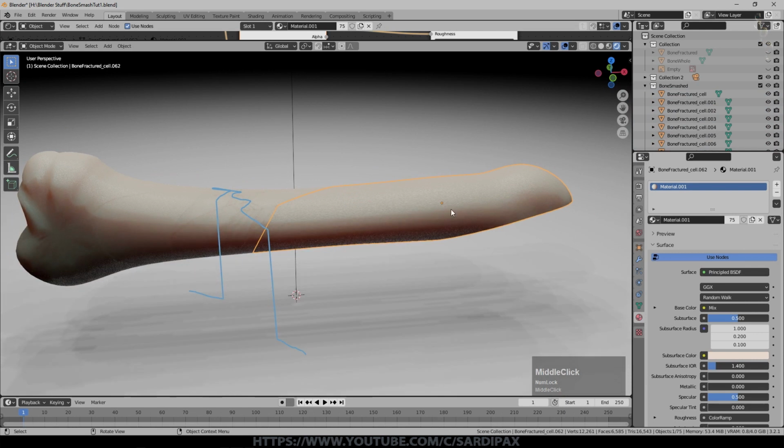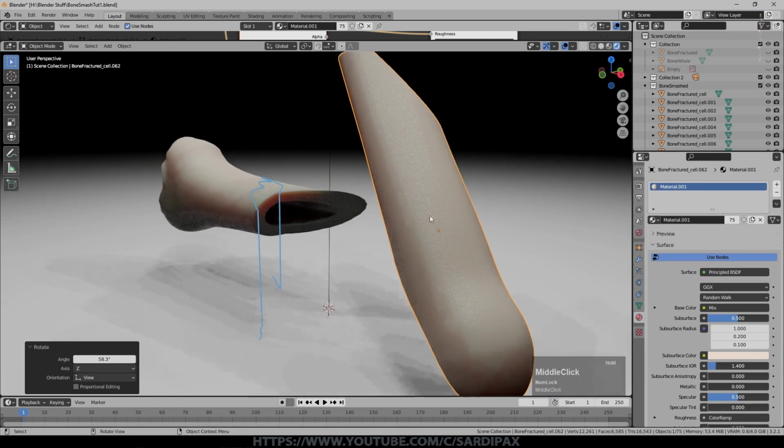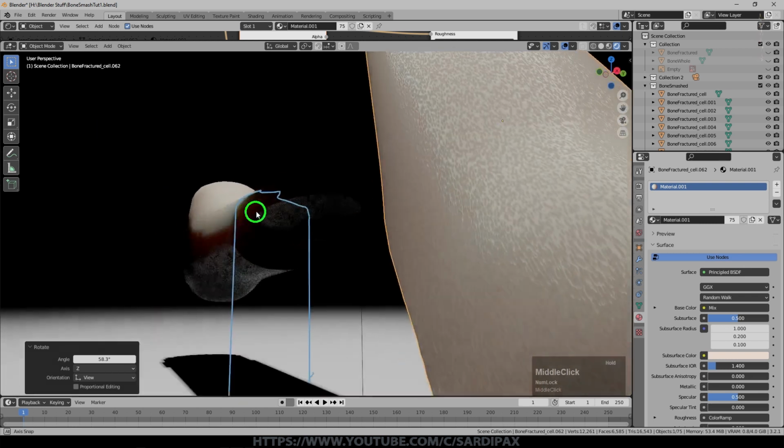If we select that one piece, we can rotate that, and you can see we've got a hollow bone. First time I did it, I didn't get a hollowed bone, I got solid, and that was because the normals on the inside were facing the wrong way. So effectively, this inner area was seen as the normals were pointing that way, outward. So that indicated that this was solid, and then Blender got confused because these normals were pointing that way and so were these. So it just made the whole thing solid. But whereas obviously they should be pointing inward for this inner face and outward for the outer face, so blue there inside and blue on the outside when you view face orientation. But once that was fixed, you can see it gave me a hollow bone.